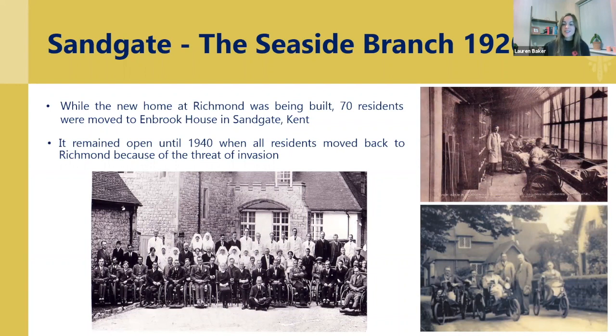Residents used motorised chairs, which you can see on the bottom right image, and these were called whiz-bangs, and they used these to get around the Sandgate estate. They were so called because the backfiring exhaust sounded like shells exploding in the trenches. The wheelchairs gave residents much coveted independence and were an effective way of tackling the hills that both Richmond and